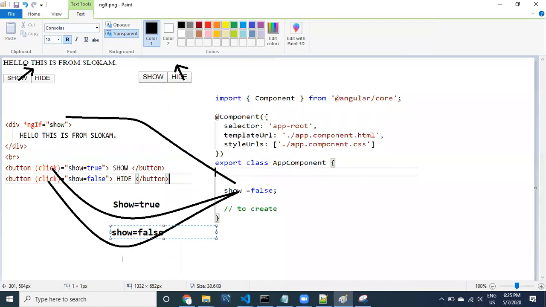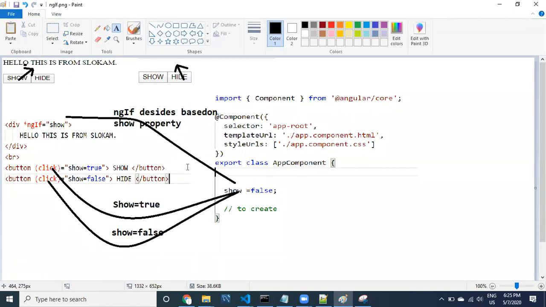And here, ngIf is using the property show. ngIf decides based on the show property. Okay, it is going to be based on this property.